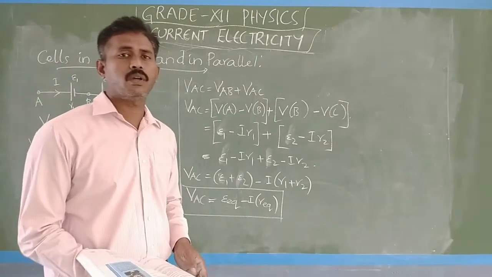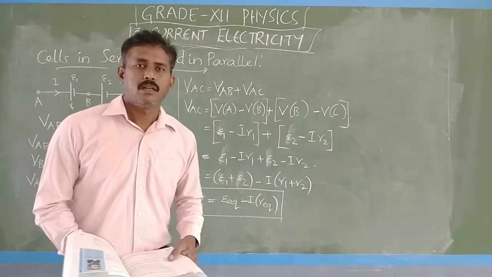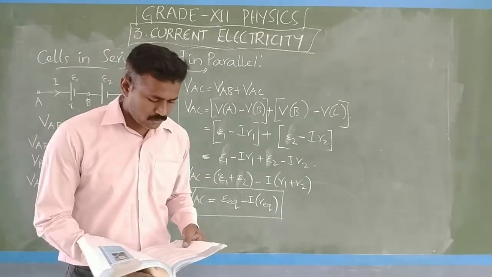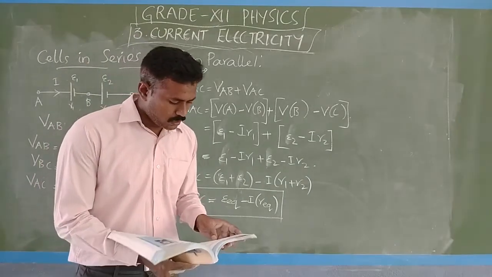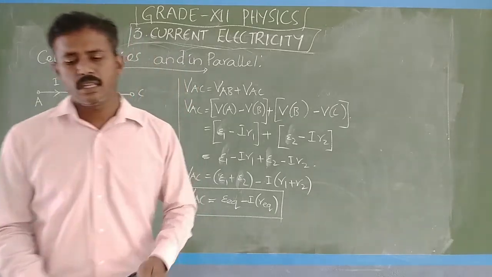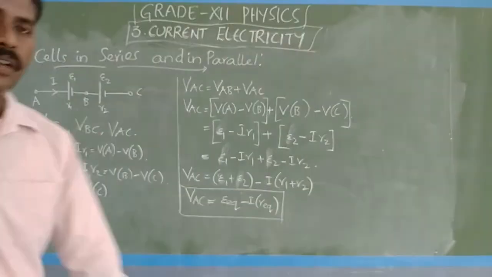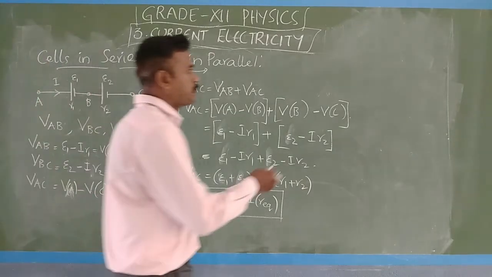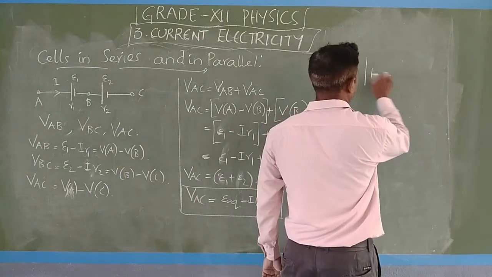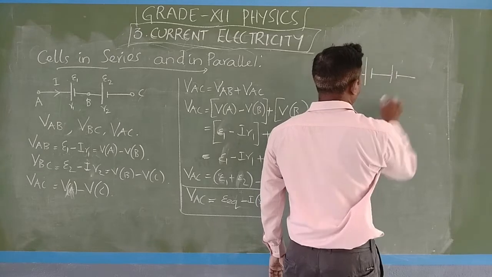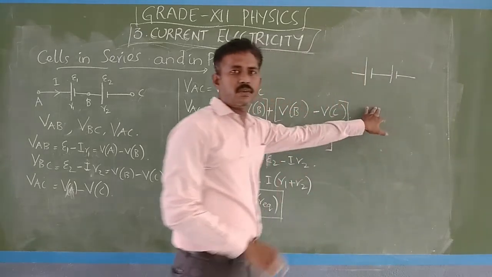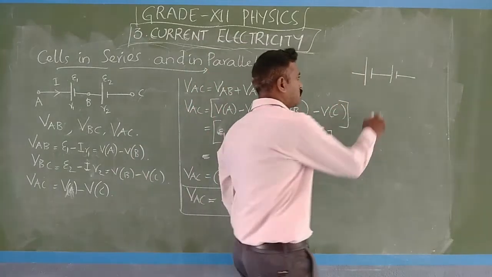What you are doing here, you are adding the potential. If the EMFs in a battery are connected like this, you can add them. Now, for this constraint you can add, if not